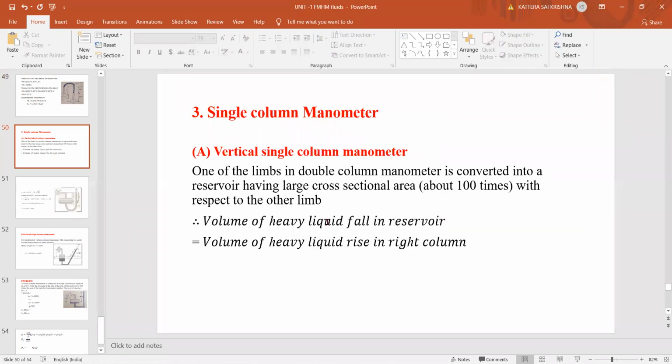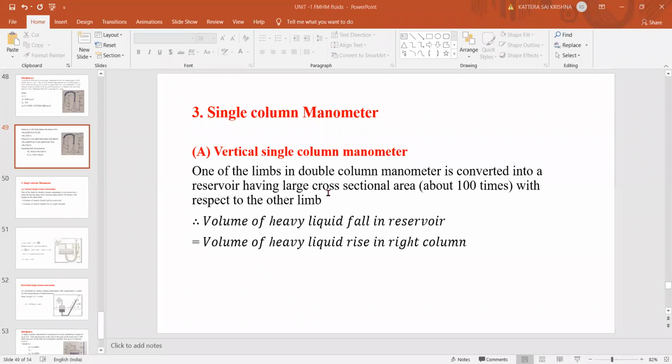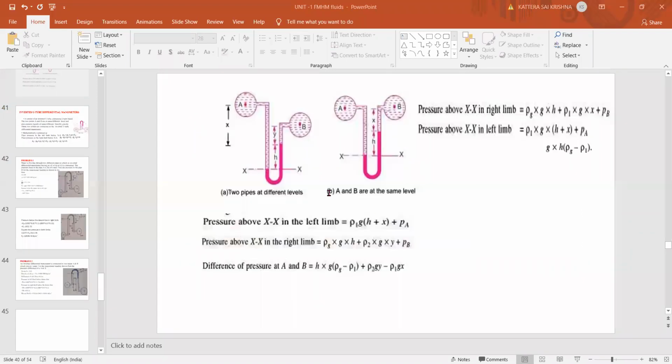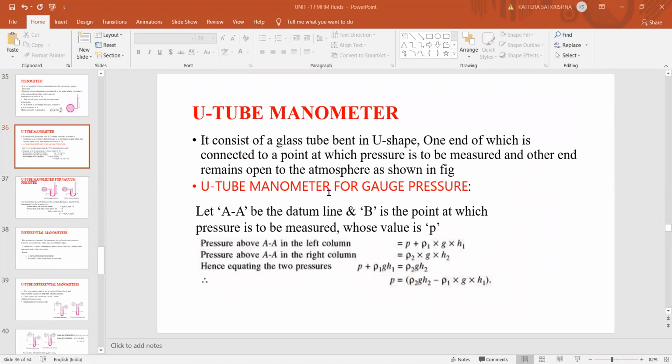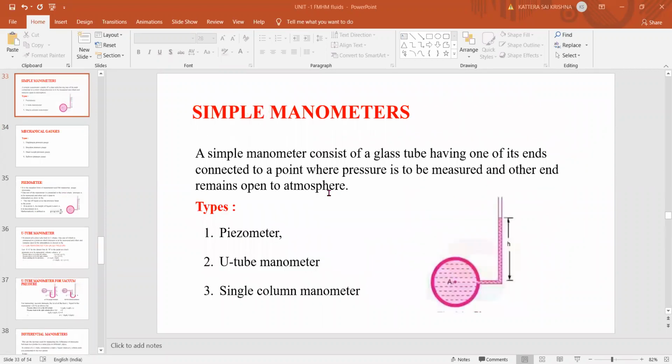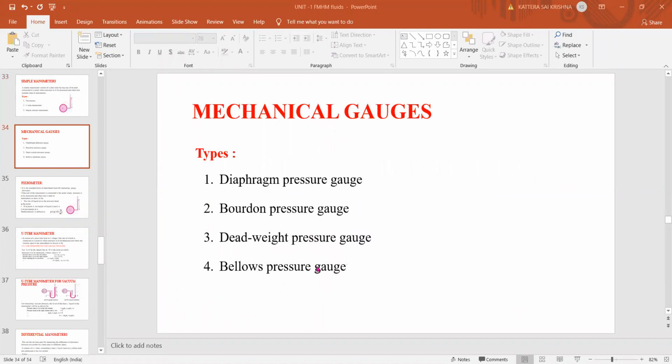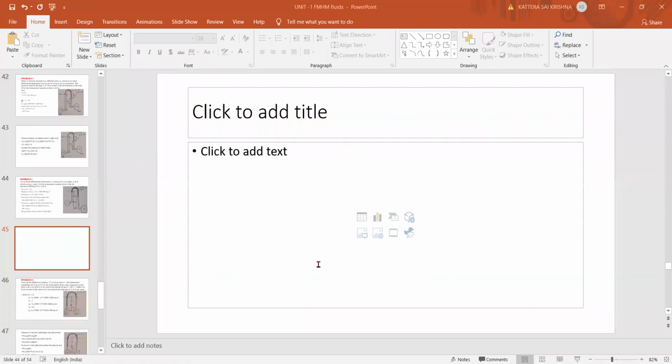So we'll go for the next and last topic of the first unit. Right. So this is the thing. First, before that, we'll go through the previous slides once. In manometers, we said we have 3 types: one is the general piezometer; in U-tube manometers, again we have 2, normal and inverted U-tube differential manometer. Till these two types we have finished, and the last left is the single column manometer. So that is the last topic of our first unit. Okay, so I'll go to that slide now.